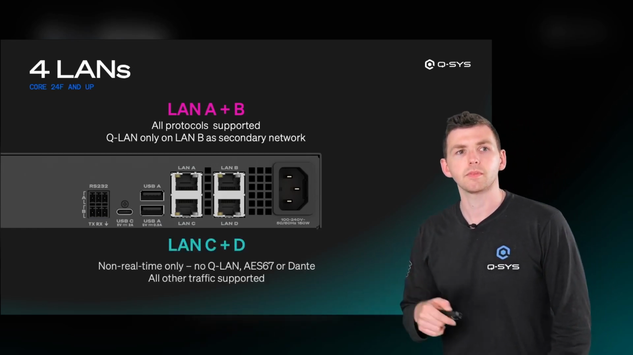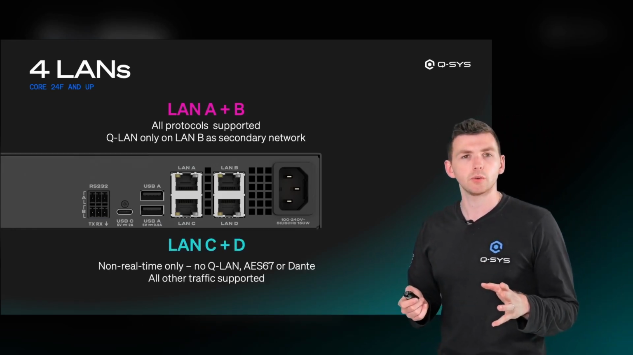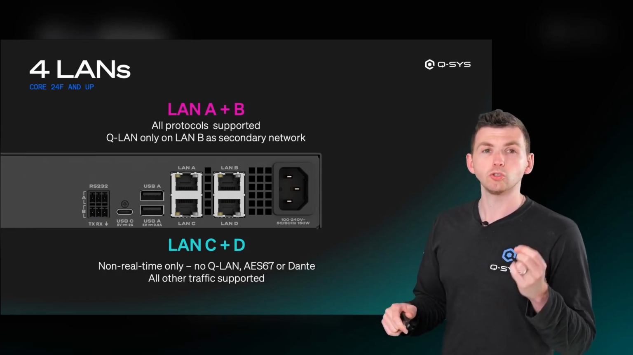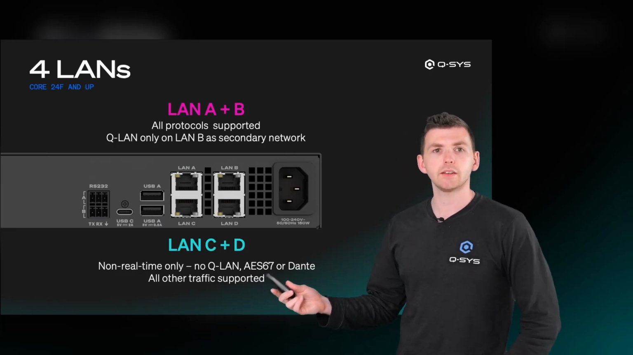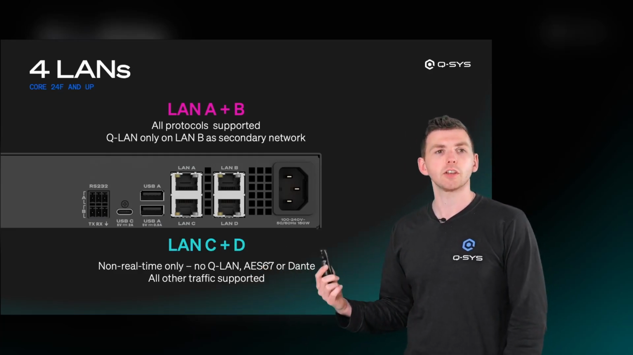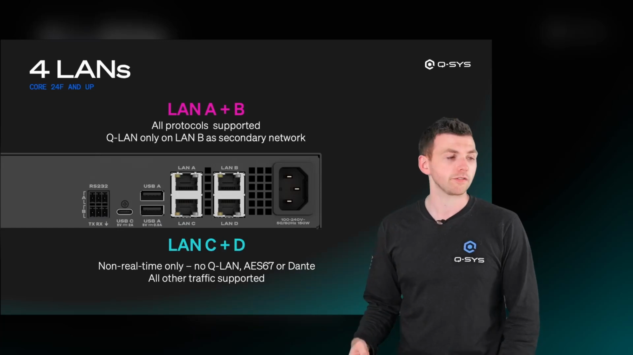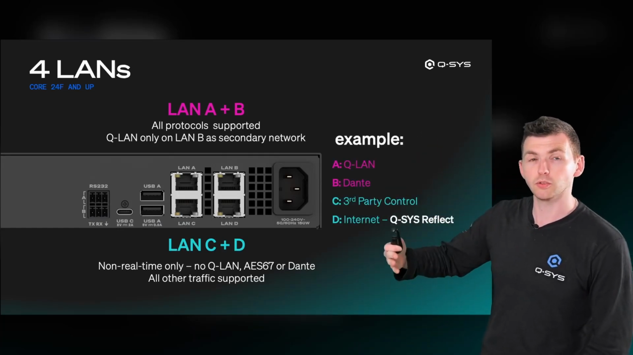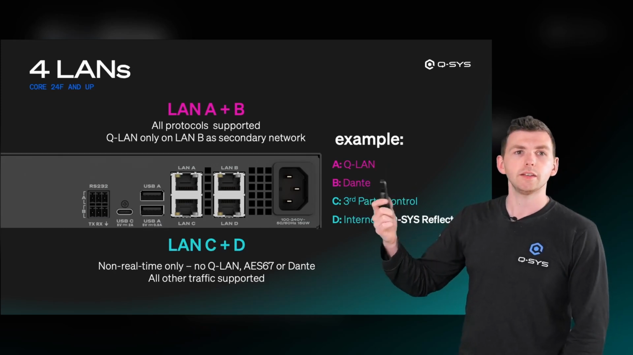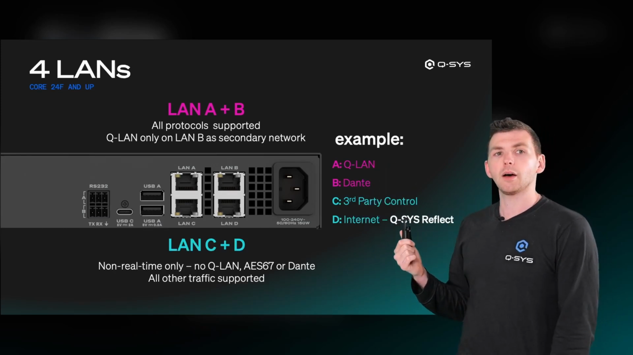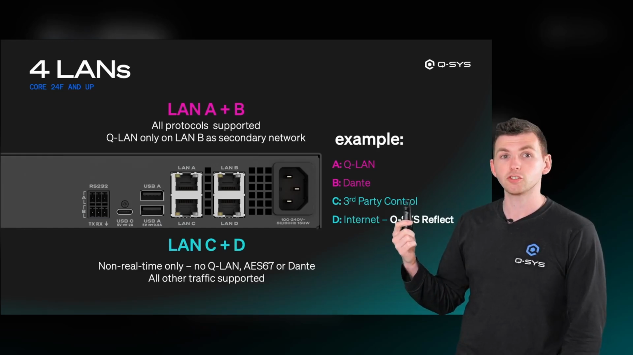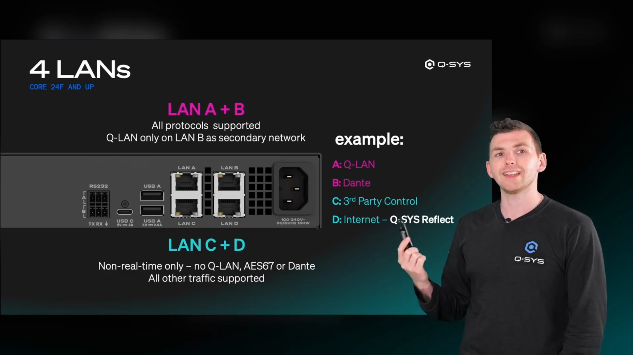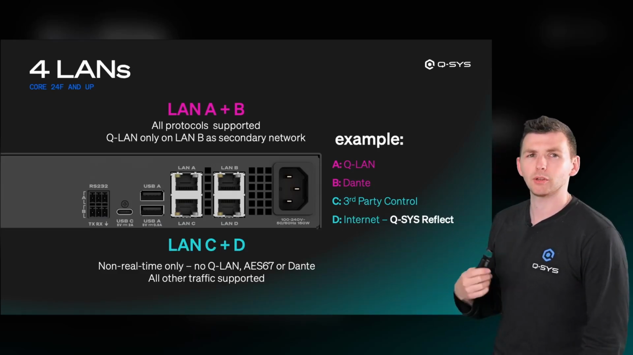C and D, non-real-time only, okay? So what do I mean by that? It supports all protocols except for real-time AV traffic. So no QLAN, audio or video, no AES67, no Dante on C and D. All other traffic supported. So for example, what might you do? You could, if you were using all of these, have QLAN on A, Dante on B perhaps. Then you could have third-party device control on C if you wanted to segregate those. And of course, on D, maybe you put it on the internet, maybe you put it on the enterprise network,